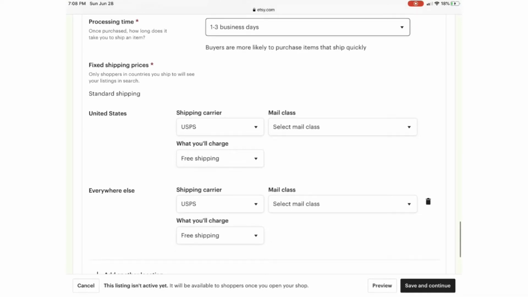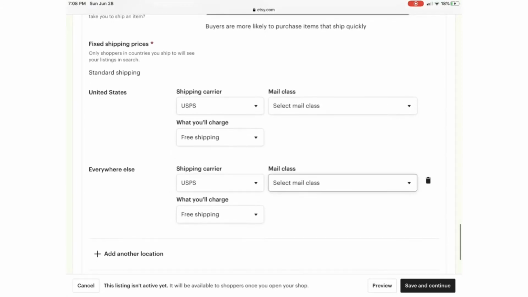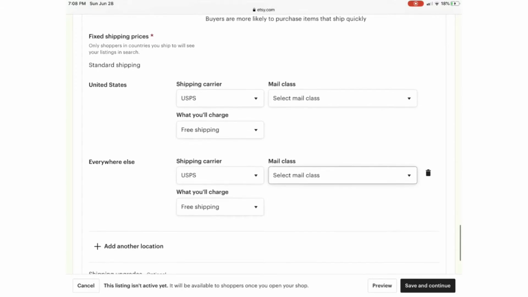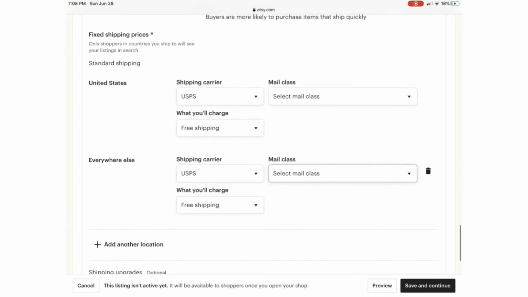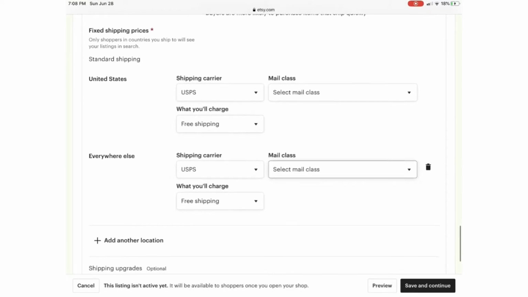So it would take you 1 to 3 business days. And then here you can see United States. You can fill out your carrier, which is basically the person or the shipping service that will be shipping out your item, your mail class, which would be priority mail, and what you charge. And what you'll charge will basically be your fixed pricing, which you will later change to $9, as you'll see